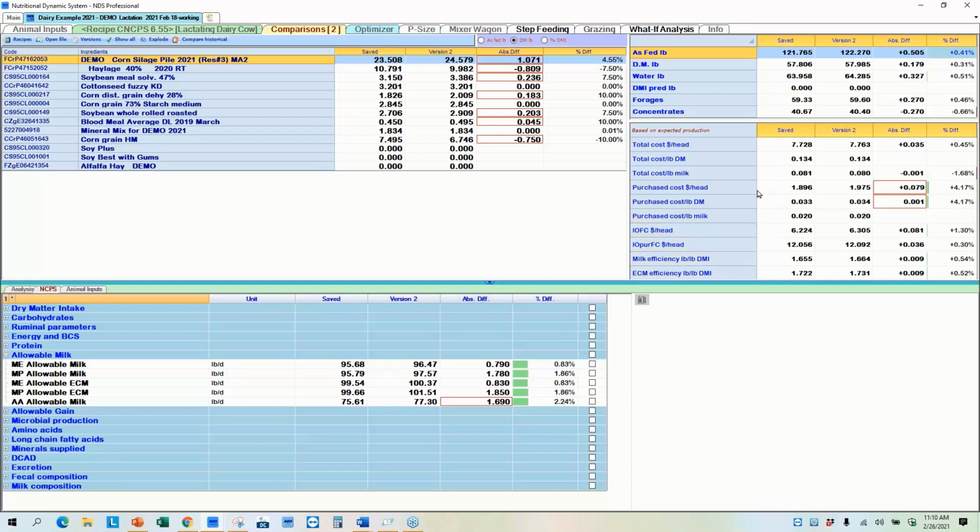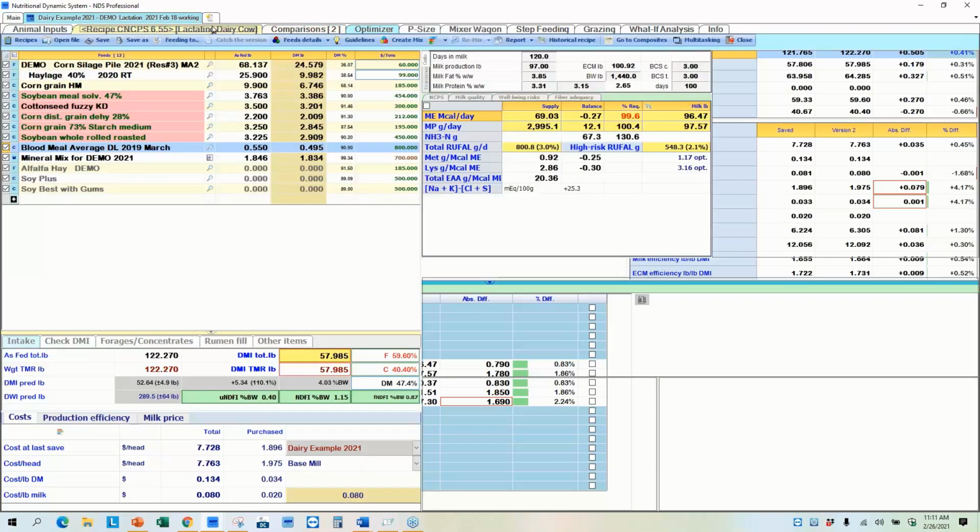Come over here and look and say, okay, my total cost per head is right here, and you can see that's purchase cost, total cost per head, right up here. So you can see I added 3 cents a day to my cost. Now my income over feed cost after the feed cost is going up 8 cents. So maybe something to look at. I'm not satisfied with this yet. So let's go back to the recipe and take a peek at it and say,